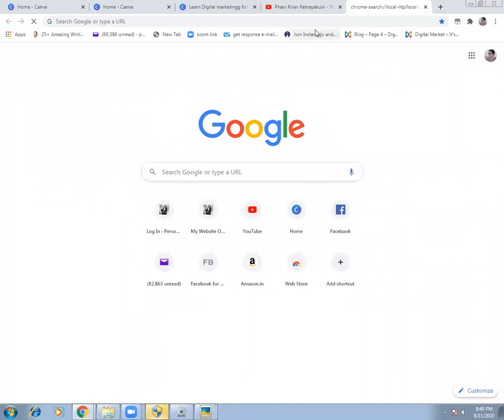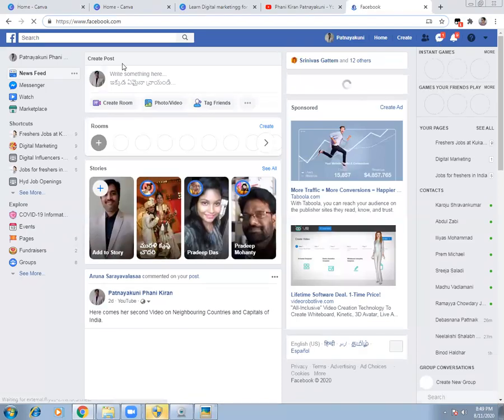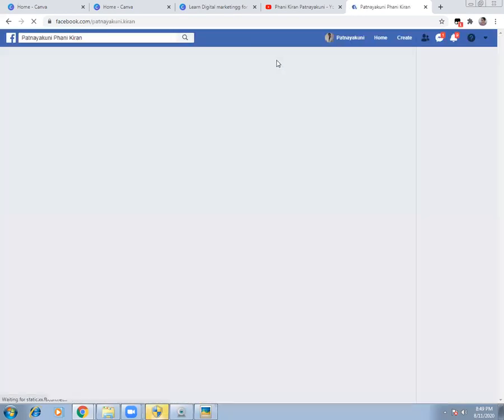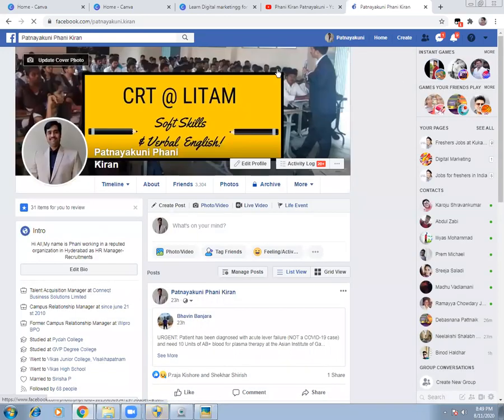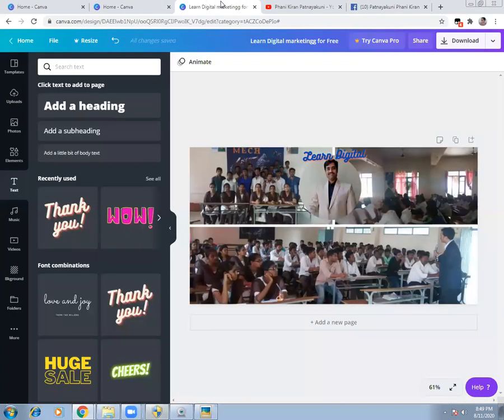Just a second. So probably you have some space here when you go to your main page. Probably you go to your home page or something. You want to create a Facebook page. Yeah, this place. As you can see, this is update cover photo. Here you can put the cover photo using Canva. This is how I did it using Canva. Okay, so imagine, look at the size it has, the kind of size it was reflecting.